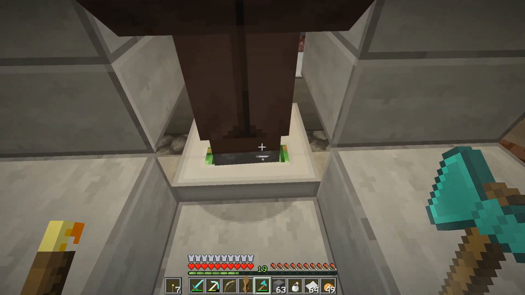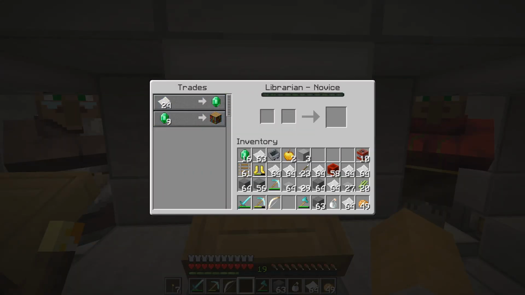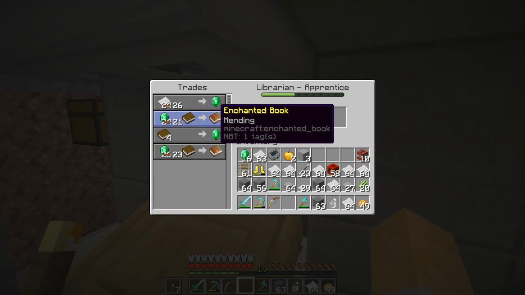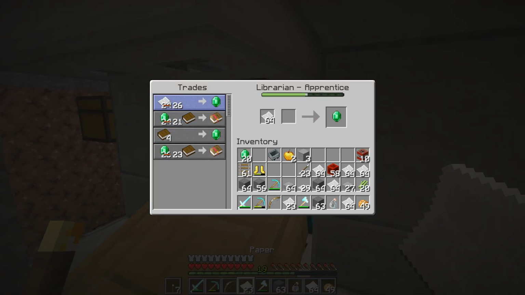We'll do it once more. And out again. And rubbish. But anyway, this one here, I swapped back and forward and we got mending. So let me just trade some paper with him to see if I can get him up to another level. I don't think I will, but